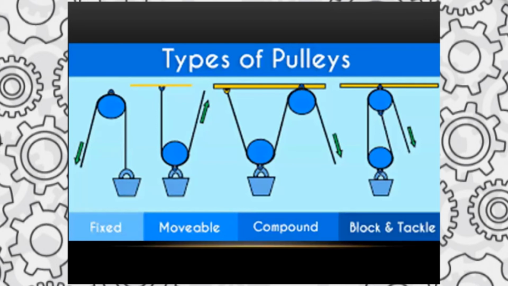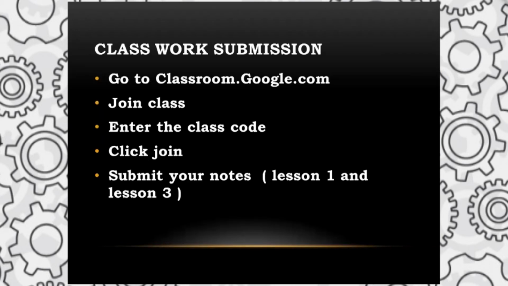Machines is over. So initially in the previous session, we learnt about machine, we learnt about the three classes of levers and their examples, and we also learnt about fixed pulley and movable pulley, and now you learnt about compound pulley and block and tackle method. So when it comes to pulley alone, the topics that we have covered are fixed pulley, movable pulley, compound pulley, and block and tackle. Make sure you go through the video again and again.